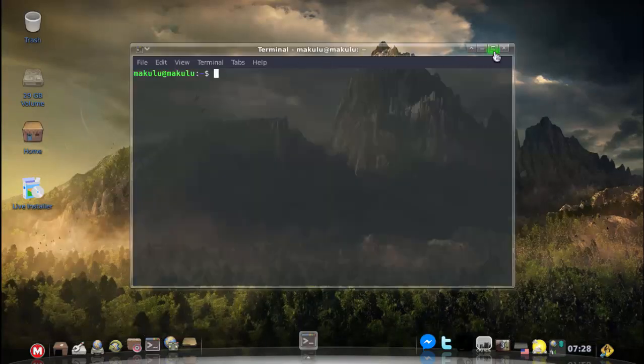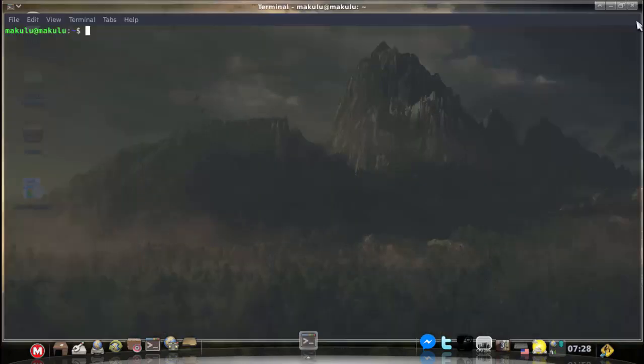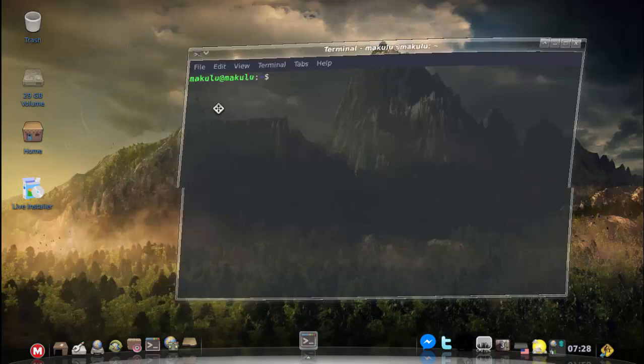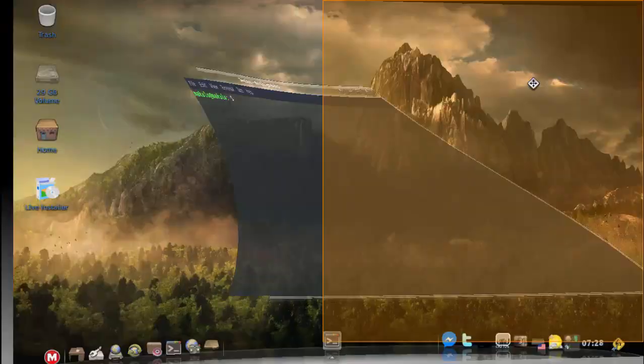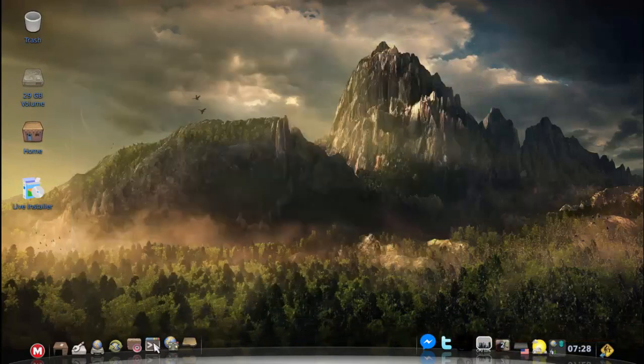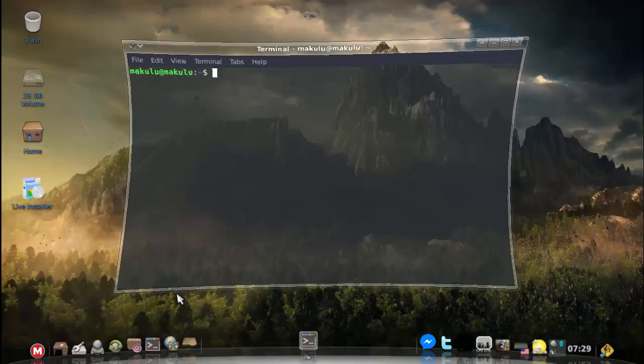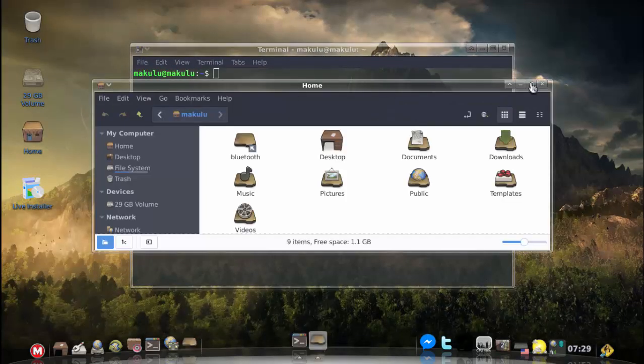So I must point out that this is pretty stable for an alpha. It's very awesome, very stable. Just look at this, it's just awesomeness and some more awesomeness. And the whole look and feel, the icons and the mouse cursor kind of complement each other, because